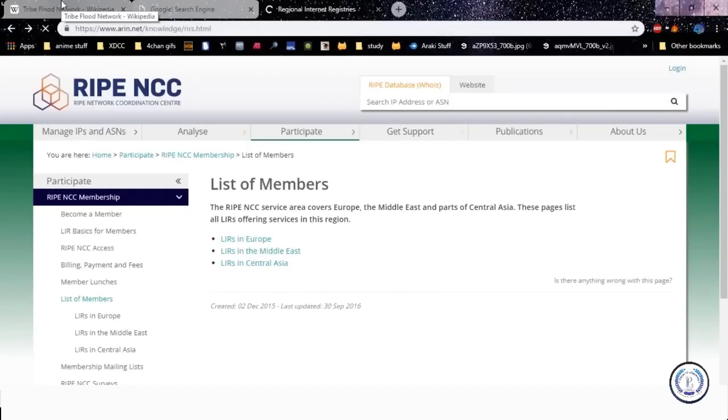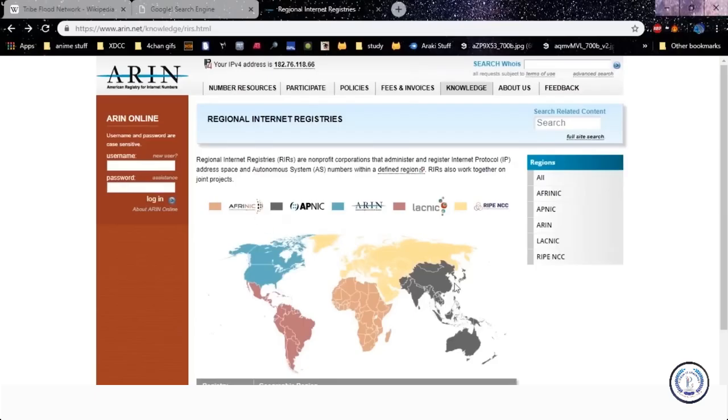Then we have APNIC, the gray region, which is India, Australia and quite a lot of Asia. Then we have ARIN, which is mostly North America and the United States. Then LACNIC, mostly the Latino side, the South American part. Then the rest of Europe is RIPE NCC, which provides internet to that part. Okay, so that was all about the internet registries.